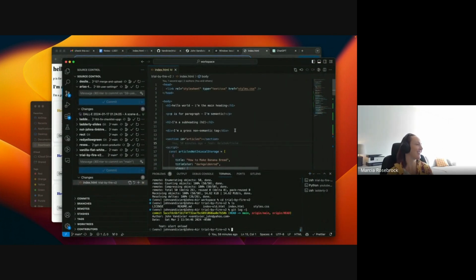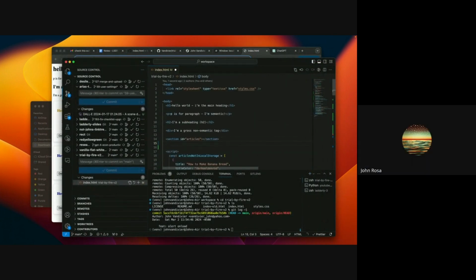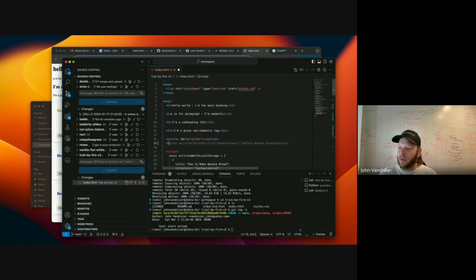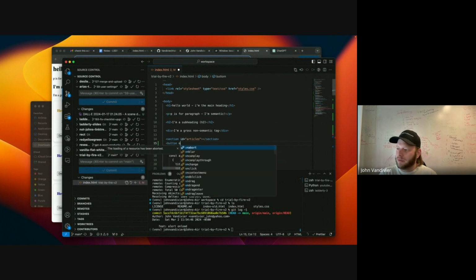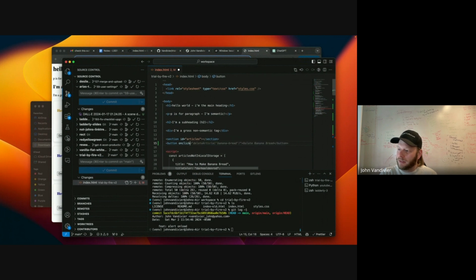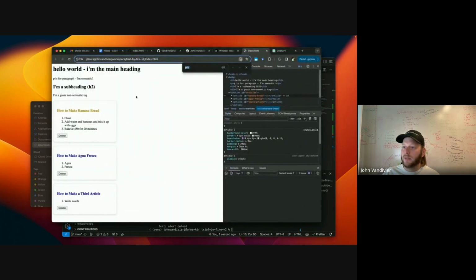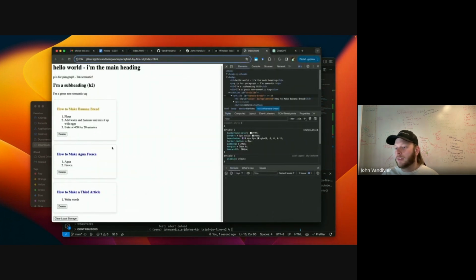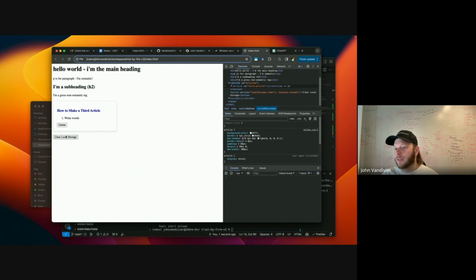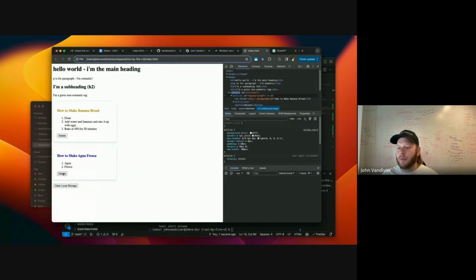I'm going to add one more button which does reset local storage.